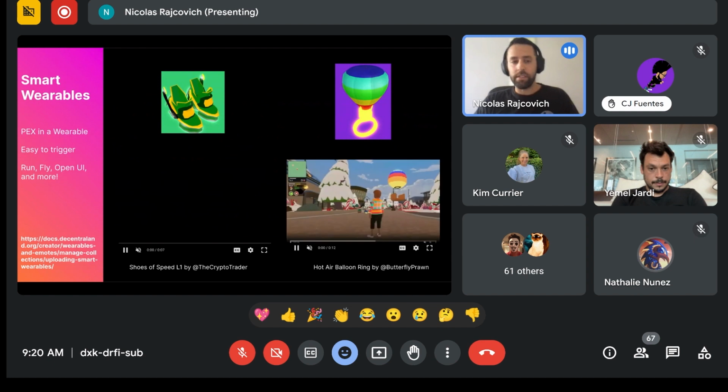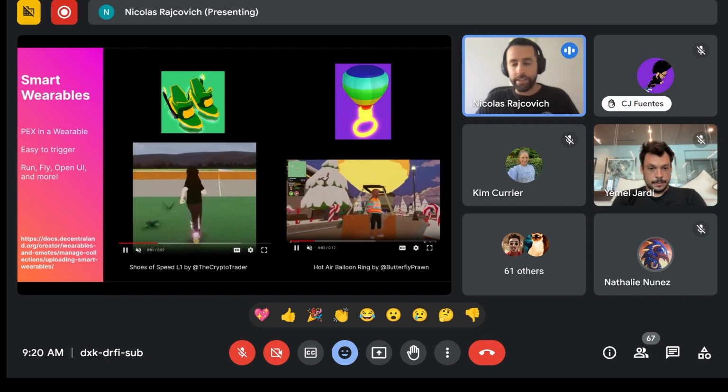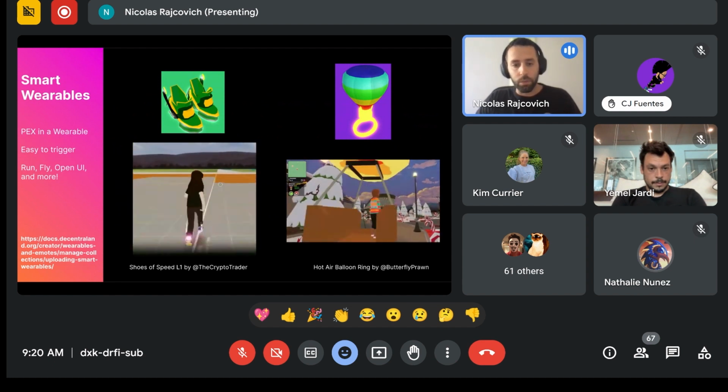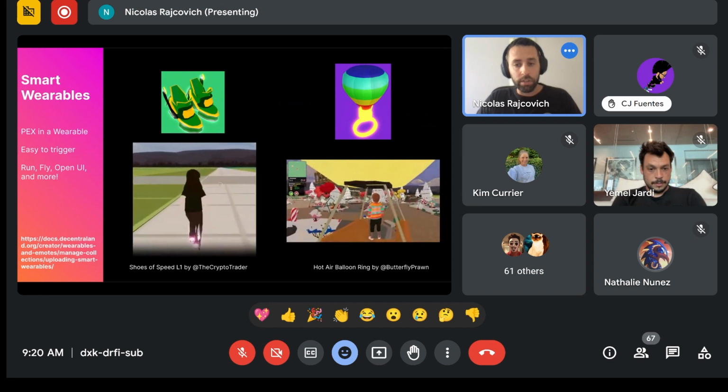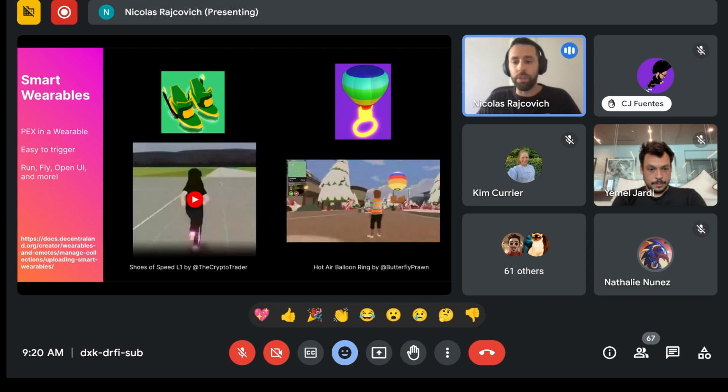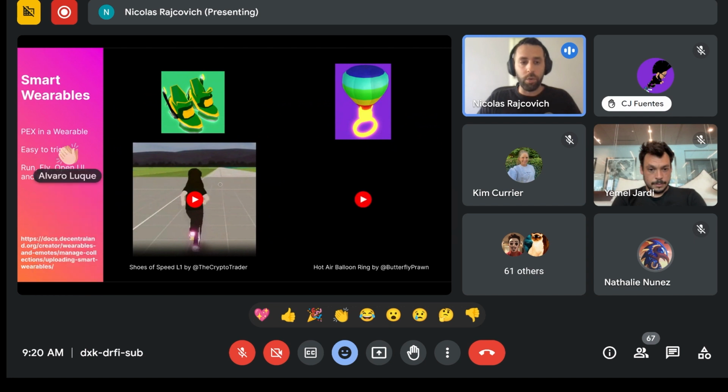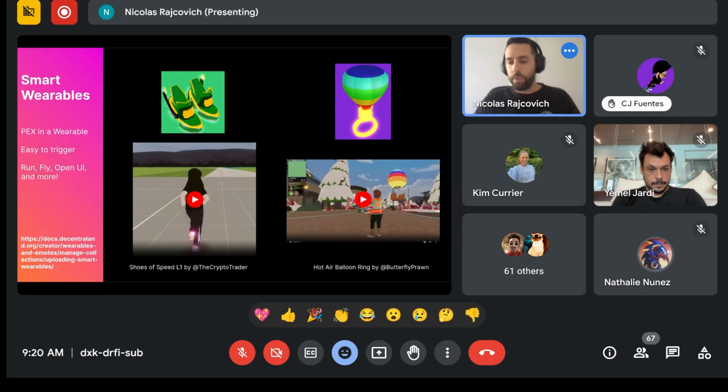Another big release that we had in the past weeks is smart wearables. This is also something that was super requested, and it's similar to a portable experience. The main difference is the way you can trigger the portable experience behind it, which is by equipping the wearable. So instead of going to a certain place and talking to an NPC, you can just open the backpack and equip the wearable.